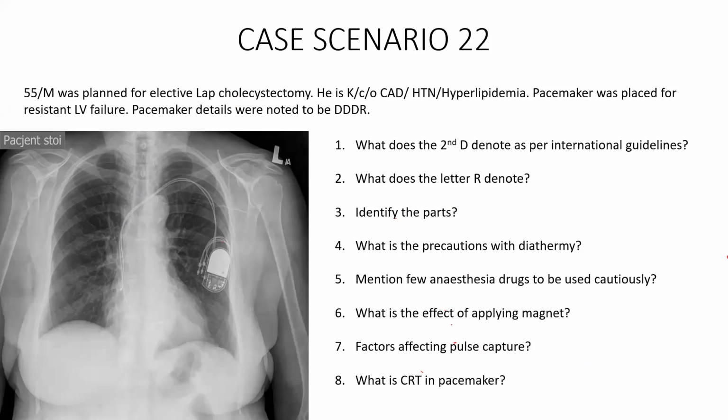Pulse capture is a useful thing because, for example, if the patient has a blood sugar of less than the prescribed level, which is less than 80 milligram, those patients get hypoglycemia. The pulse generator will generate the electrical potential, but that is not captured properly. When the pulse capture is poor or decreasing, that will eventually result in poor LV function. The patient will have all the symptoms of hypoperfusion.